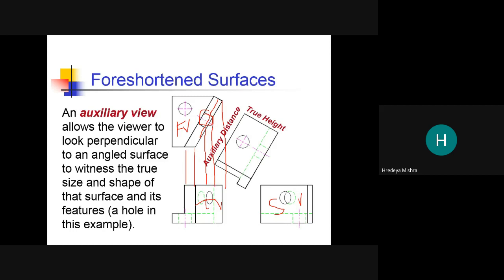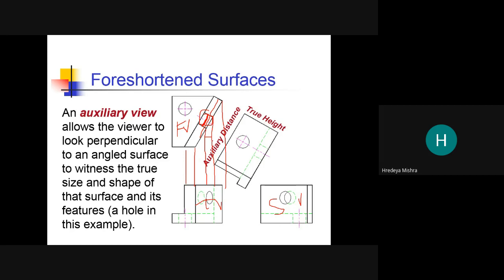See, the actual length or diameter is this much, but what is projected is this much. The shortened length is displayed here because of the inclinedness of the surface.